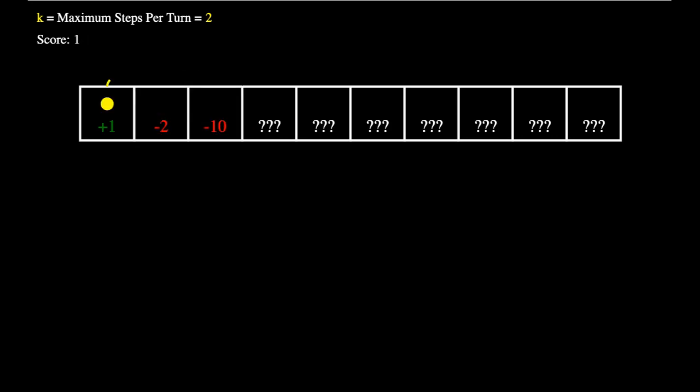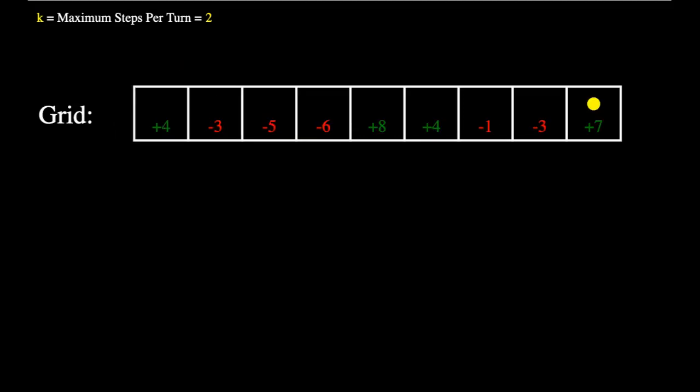But in the end, we actually lost more points than necessary. So what if we land on negative 10? Well, the same thing can go wrong. The next square can be positive 100, and we could have just landed on negative 2 and only lost 2 points instead. This tells us that if we started from the beginning of the grid, we cannot have a simple solution. So what if we start at the ending?